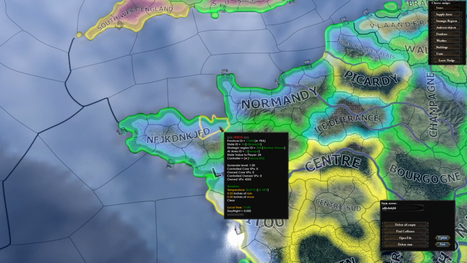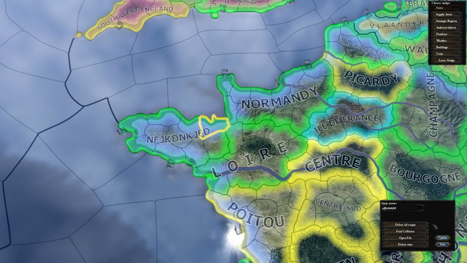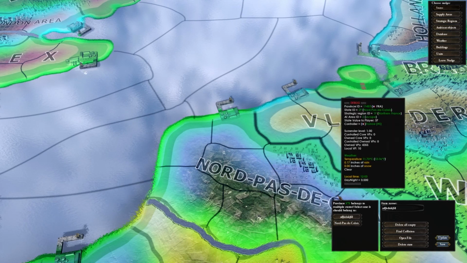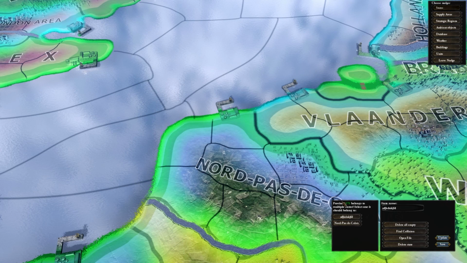Now, usually you would get an error in the error log, and the nudge tool will let you know beforehand. But in case you want to find all the possible issues that you might have, you can click this button, and you see that the nudge tool now panned to this state in here, and it showed me that in this state there's a province